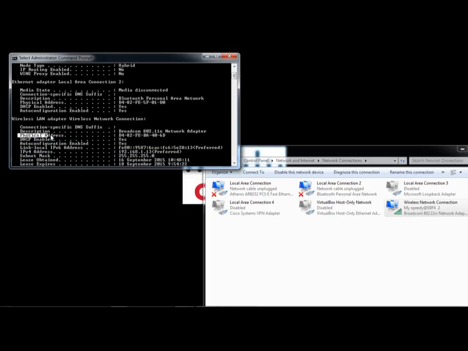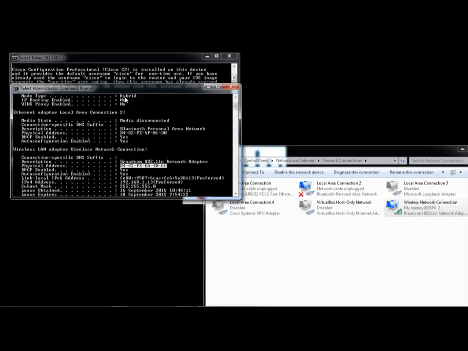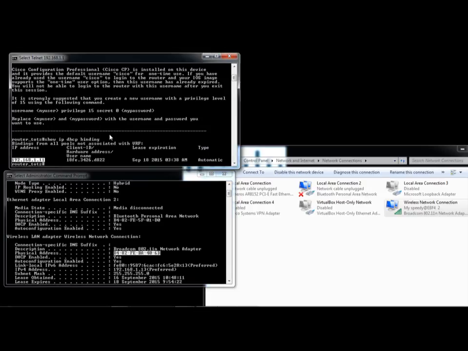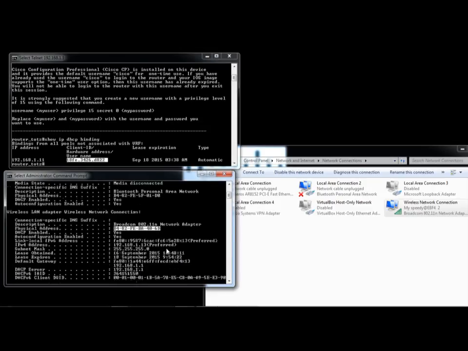Now I take this physical address and match it with this client ID and hardware address. It must be the same, right?